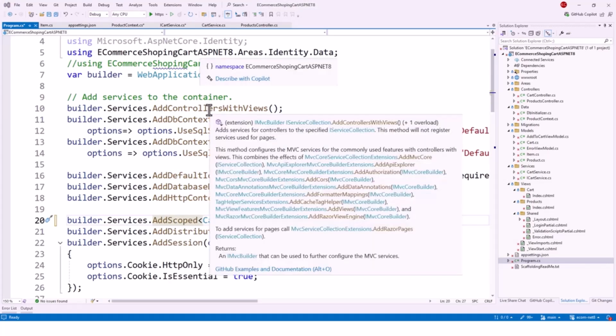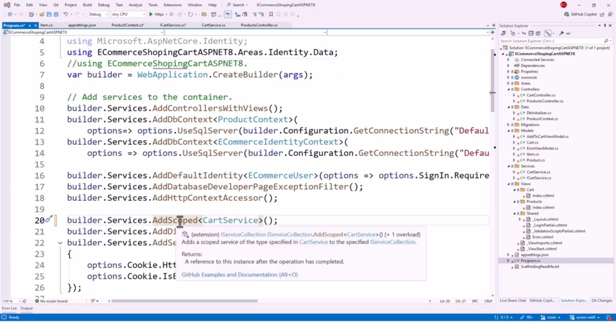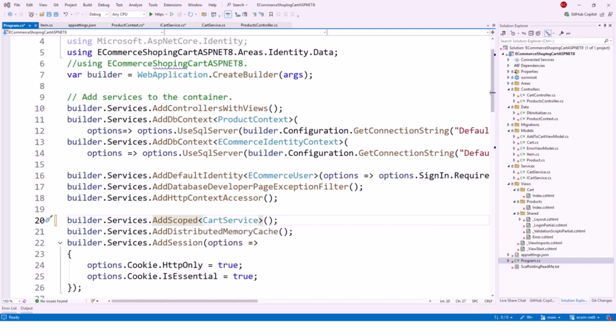Why should I change it to AddScoped? This AddScoped method is recommended for cart services. Why? Because a cart is typically tied to a user session or a request. Scoped services ensure a single instance of the cart service is used for the duration of an HTTP request. For example, when a user adds or removes items during a single request, the scoped service maintains consistency. And in an API that works with user sessions or tokens, a scoped service can use session data to load and